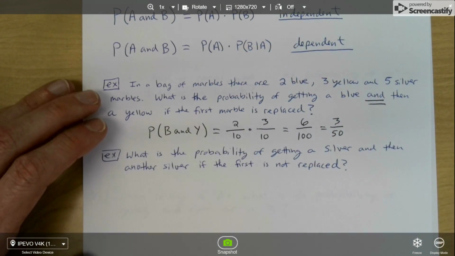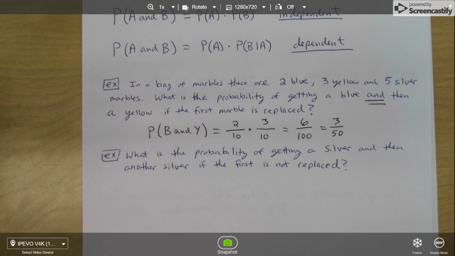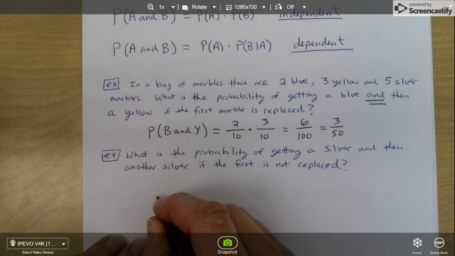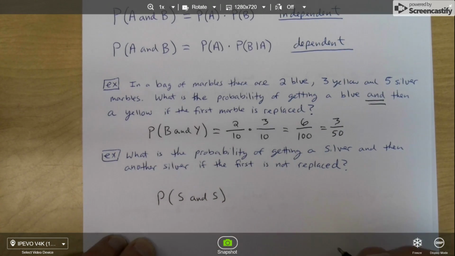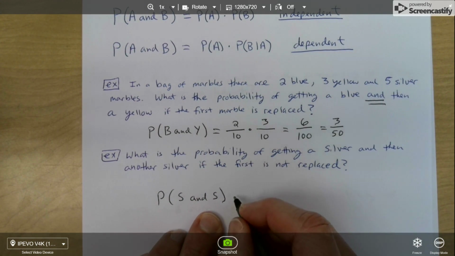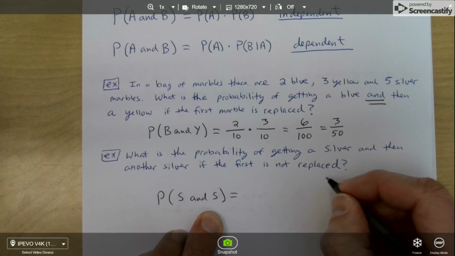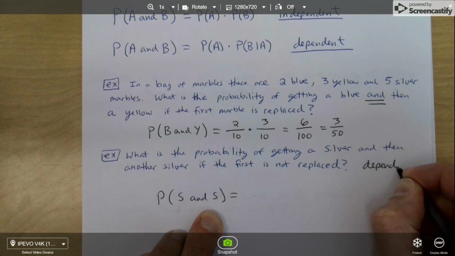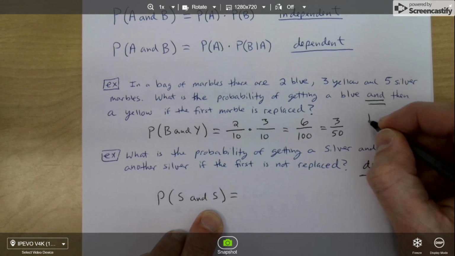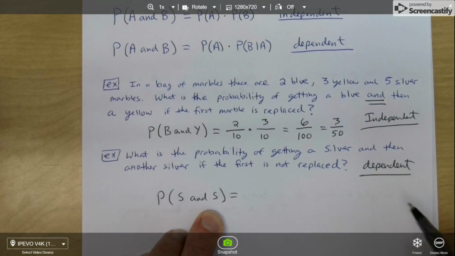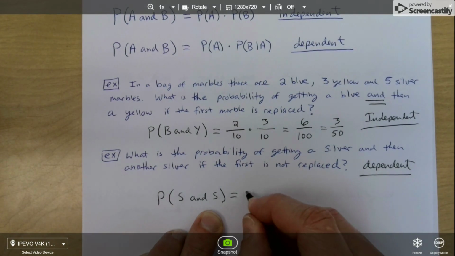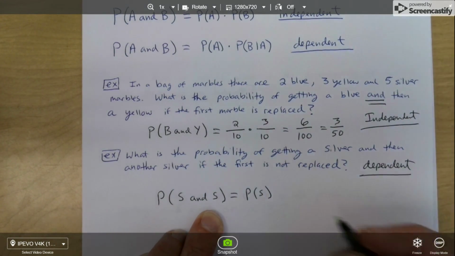Well, let's look at this next one. What's the probability of getting a silver and another silver if the first one is not replaced? It means it's not being put back in. Well, the probability of getting a silver and then another silver, in this case, we are not replacing it, which means it is dependent. Okay, so this one is actually dependent. The other one was independent. This one's dependent. Well, you do the probability of the first one, probability of a silver, and you're going to times it